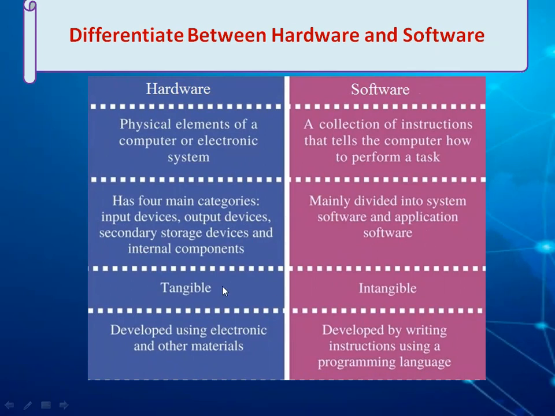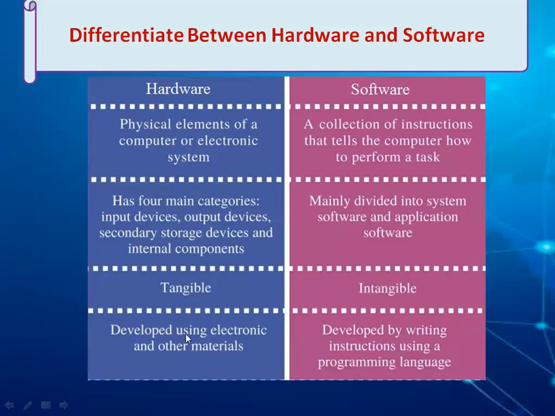Hardware is the tangible part of your computer system which you can touch and move easily. Software is the intangible part. You cannot touch your software, and you cannot move it easily. You need a proper medium to move your software. You have to download it from Google or the Play Store. If you want to move software from one computer to another device, you have to copy it on a USB or use a CD.